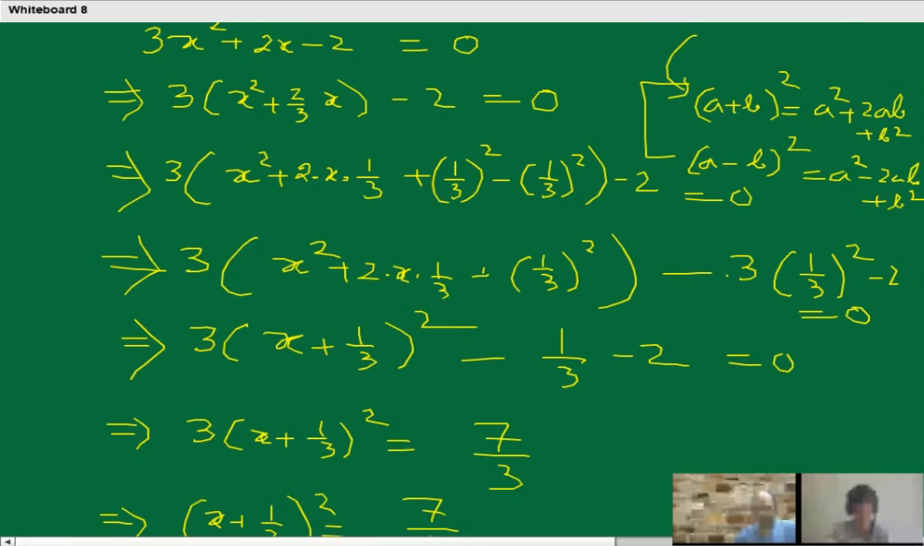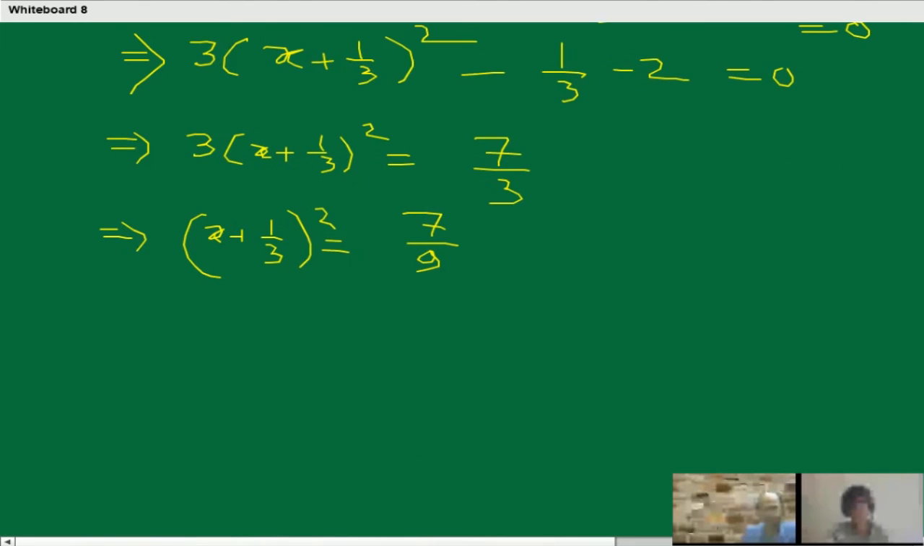Yeah, it's clear. Okay. So if it is fine, then we can move to find the value of x. Can you find the value of x? Yeah, sure. So it would be